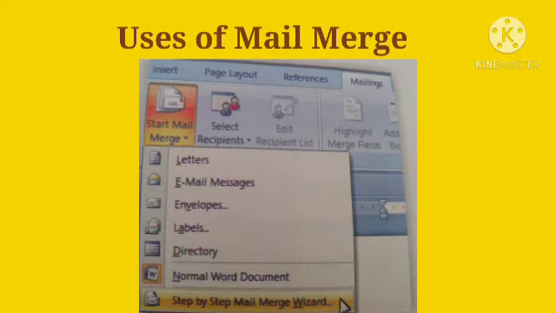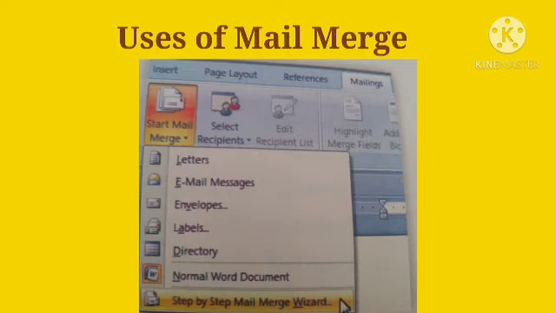Then you need to write down their name, address and content again and again, because you want to send it to them. So students, here mail merge helps you to save your time. Content will remain the same and the name and address of each of your friends gets changed with the help of mail merge.